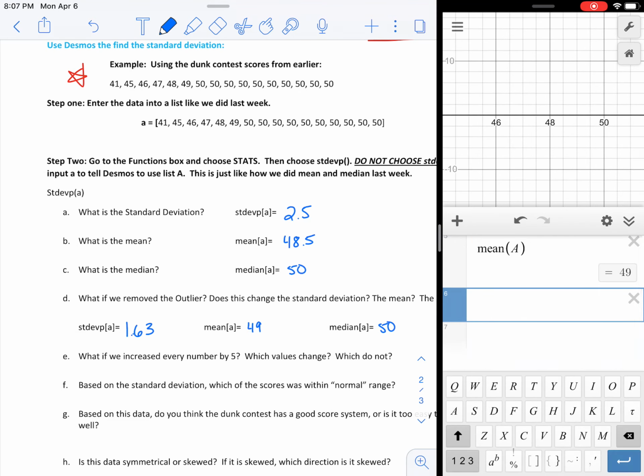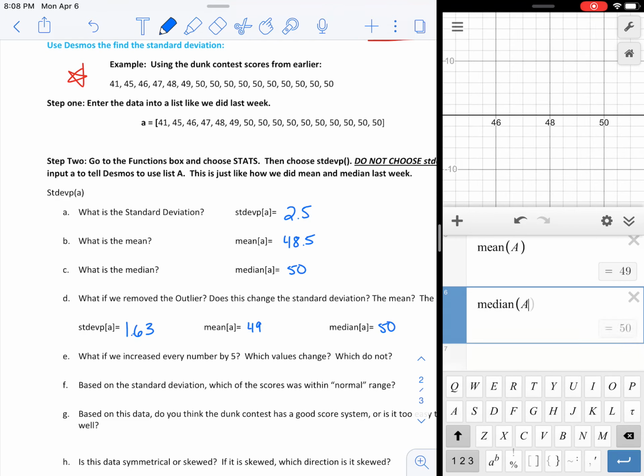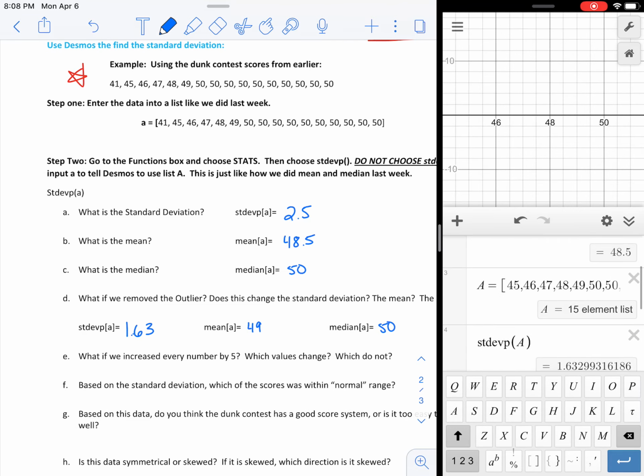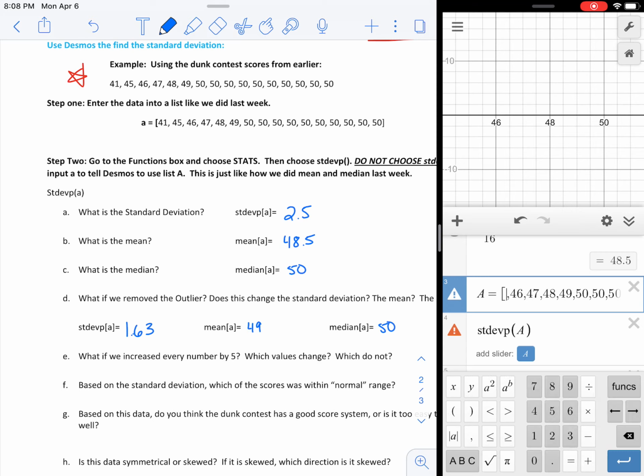So you have mean. That's without the outlier, by the way. Median. Let's type that in just real quick. Okay. All right. So again, if I changed all these numbers and I added 5, so 50,